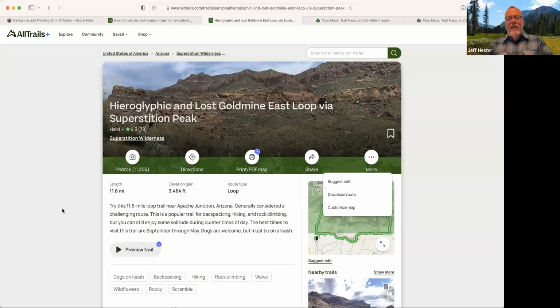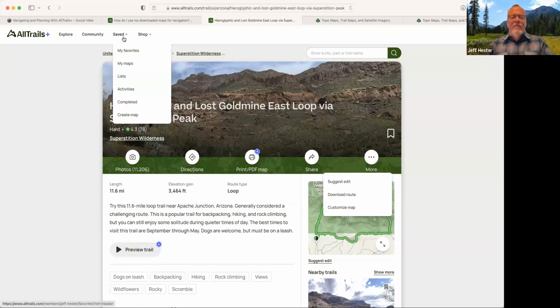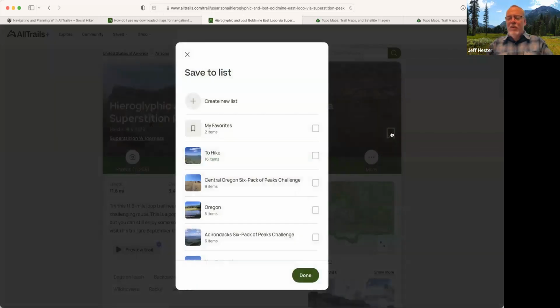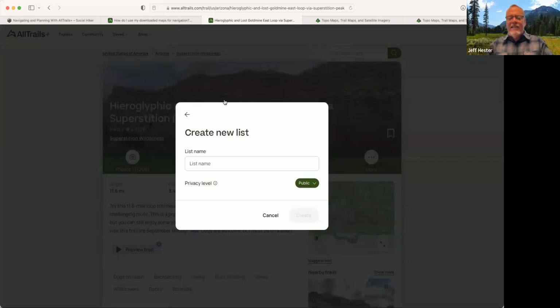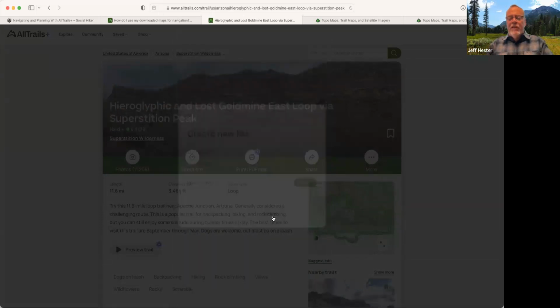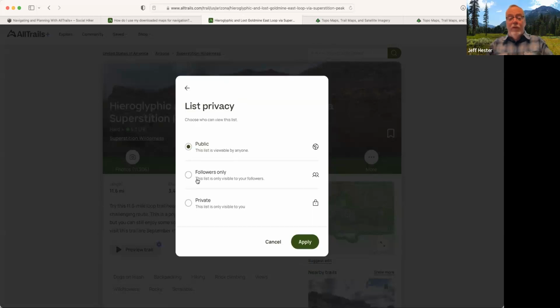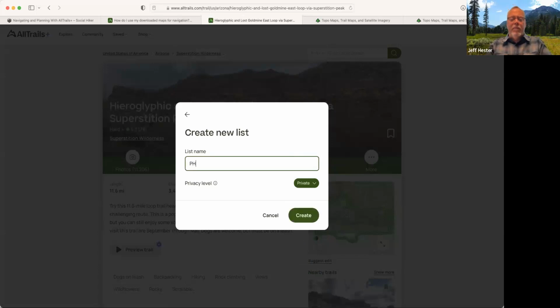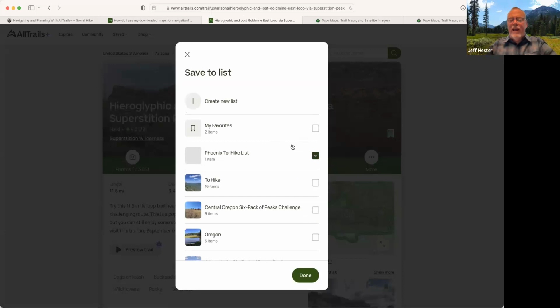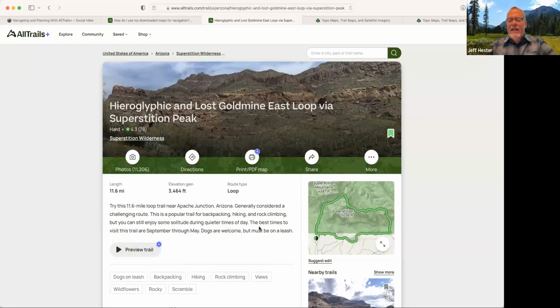A few of the ways that you might think about using this for planning hikes and so forth is first of all, just using the save feature. So you can save it, you can create lists. You can decide whether that list is public or private, or for your followers only. So they have that whole social network thing going, but I could say this might be private to me. And I might call this my Phoenix hike list, or something like that. Things that I want to add to that,